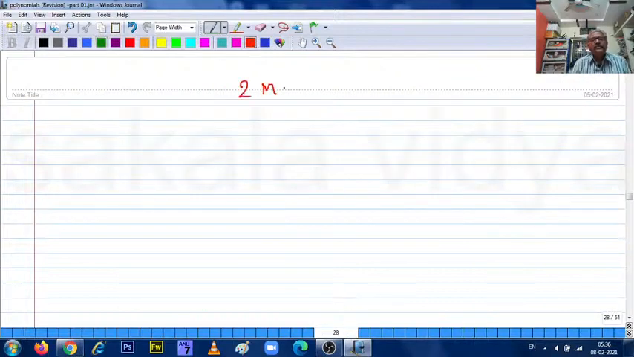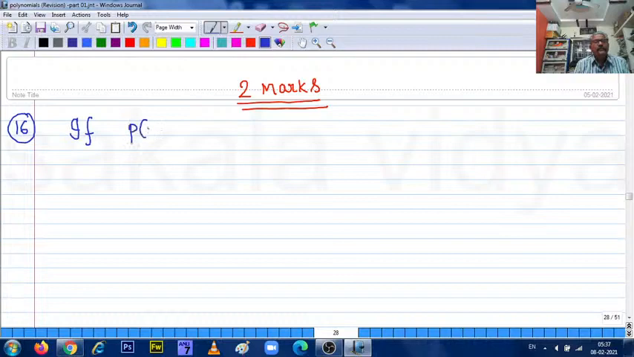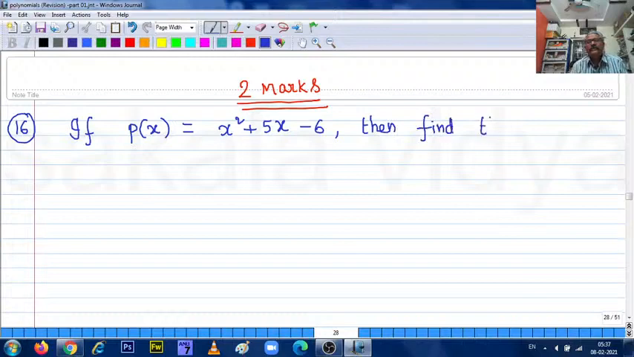2 marks questions. So 2 marks problems. In 2 marks, let us go to the 16th question. If p of x equals x square plus 5x minus 6, then find the values of